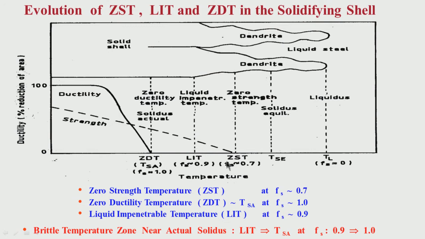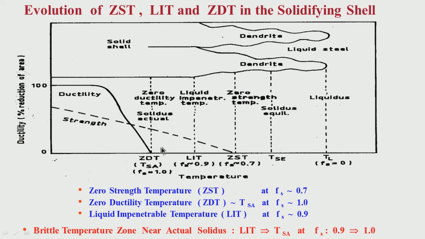When the solid fraction has reached 0.7 or say 0.75, the strand has started developing strength. So ZST, the zero strength temperature, or NST, the nil strength temperature, is more or less the temperature at which the solid fraction is 0.7 or 0.75. So here strength is developing. Less than that, there is zero strength. Strength has started developing. So in this temperature region between ZDT and ZST,